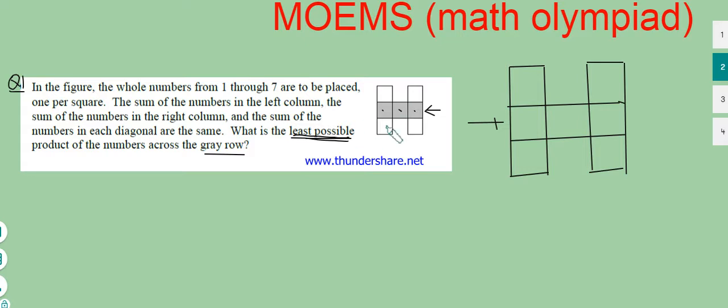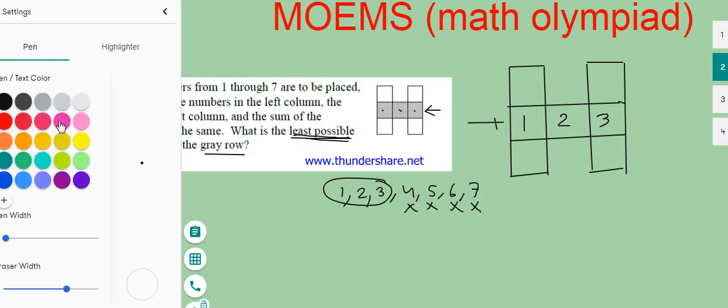In order to find the numbers, we have to be careful that this gray row has the least possible numbers. We have to select digits from 1 through 7, that is 1, 2, 3, 4, 5, 6, 7. So we can select 1, 2, 3 out of these for this gray row. If we select 1, 2, 3 here, then we are left with 4, 5, 6 and 7. Now as per the question,